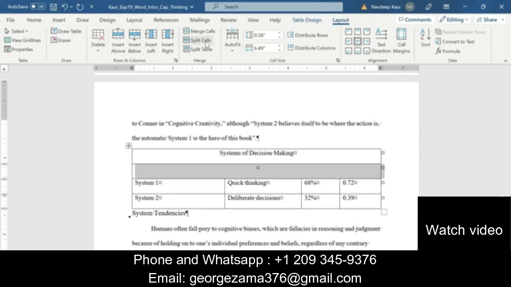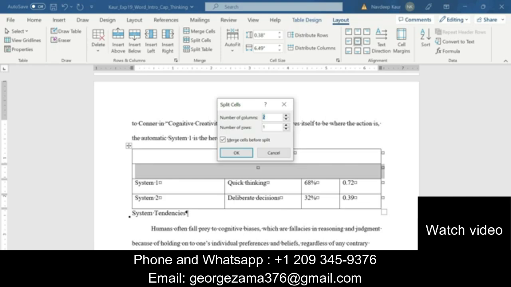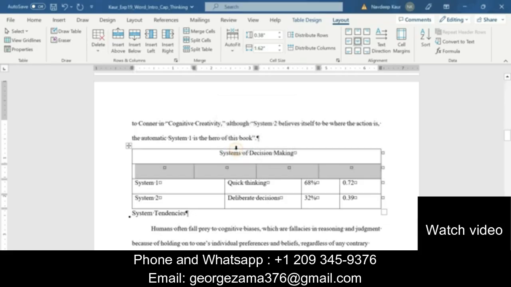Now we will split the cell in the second row. So we will make sure that the number of columns should be 4. That is our requirement. And "merge cells before split" is checked. Don't uncheck this box because this is a requirement to check this box. So this is already checked. We will click OK. So now we can see that row 2 has been